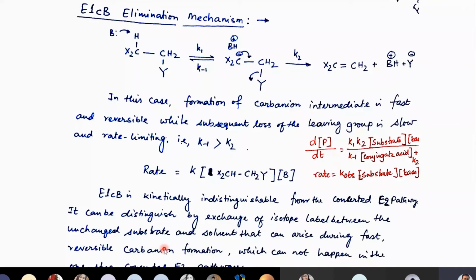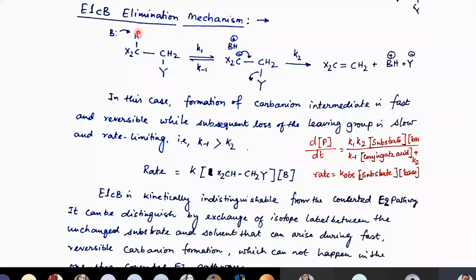What is it saying? It is saying that in this case, the experimental evidence for the E1CB pathway comes from the isotope labeling experiment. Okay. What does it mean? It means that this is a fast and reversible step. Now, you are using a base and you are also using a solvent. In the solvent, if there is, let's say, deuterium, then this negative charge would again catch up this proton or would catch up the deuterium, so that this C-H bond would be replaced with a C-D bond. Is it clear or not?